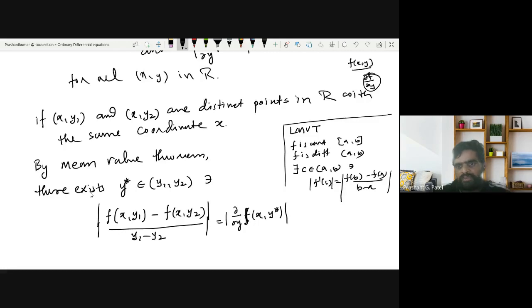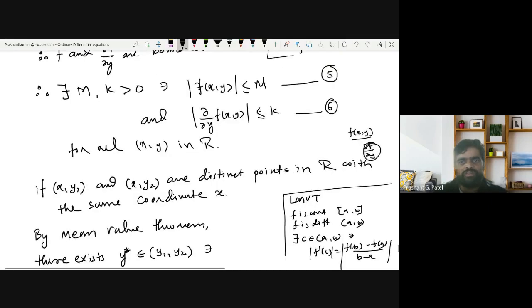So there exists f'(c). f'(c) means the derivative of f with respect to whatever the variable. Here we are talking about the derivative with respect to y. So that is del f upon del y of f at (x, y star), where x is the fixed number we have. If I call this equation 7, this was equation 6. Now using this sixth, what we can say here,